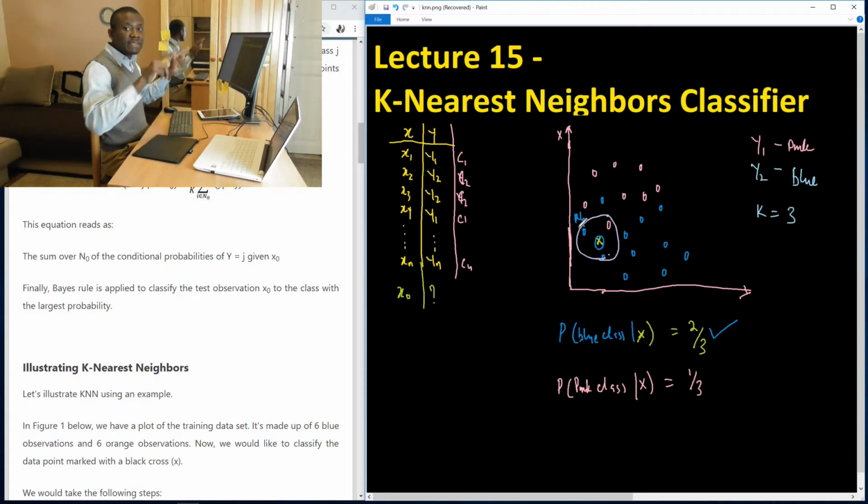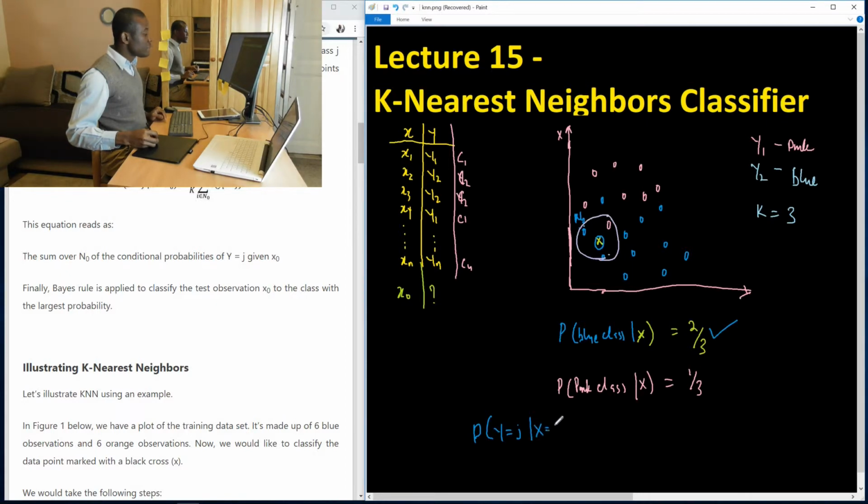So the probability inside this region of this data point belonging to either one class or the other class. And that is why this formula, let me write it while I explain. The probability that y is equal to j, where j is 1 or 2, given our observation x to be x0, is equal to